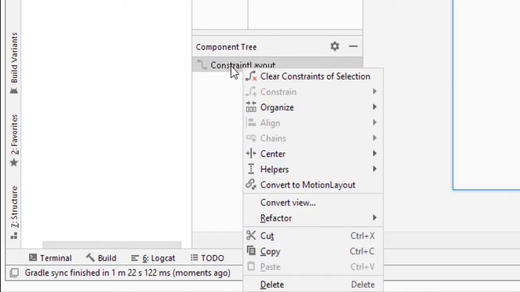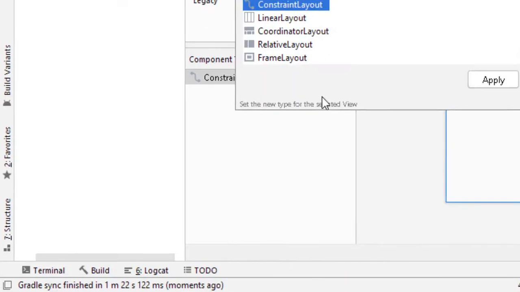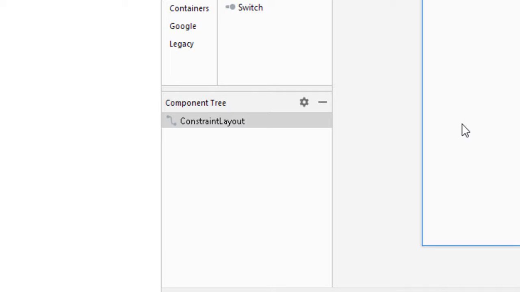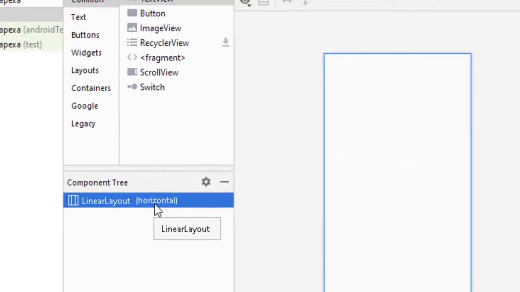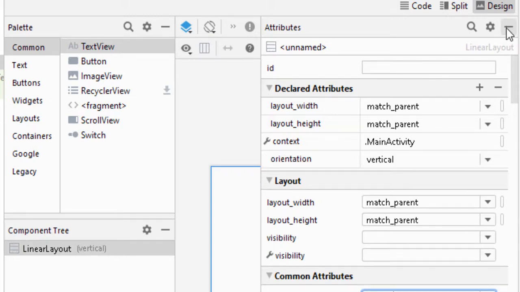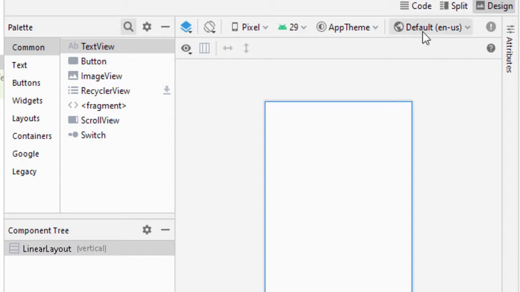For that, right click on ConstraintLayout, click on Convert View, select LinearLayout and click on Apply. So now your LinearLayout is available, but by default the orientation is horizontal. So let me change that orientation to vertical, and now we have a LinearLayout with vertical orientation.